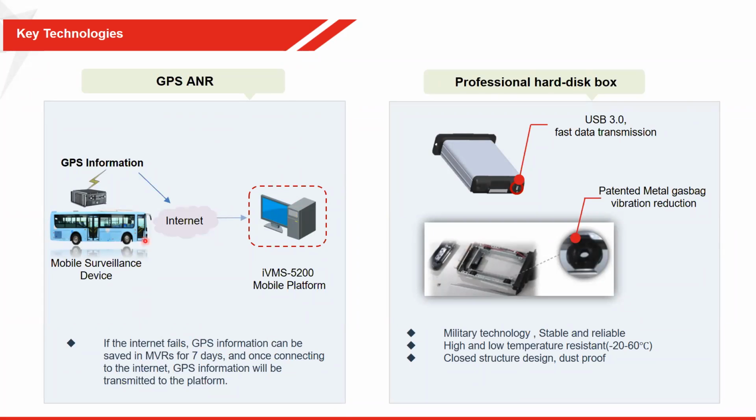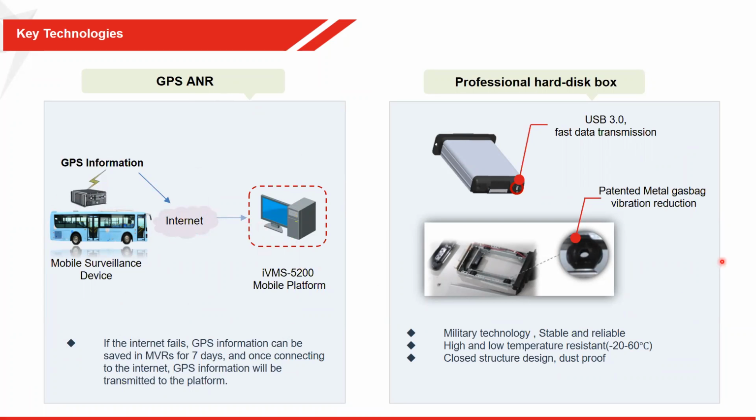For our GPS as well, we've got a GPS ANR, so that is an automatic network replenishment. So even if the GPS information does not get relayed into the software platform, the mobile NVR can hold this GPS information for 7 days, and then when it connects back again into the 3G, 4G network, it can then send all that information back to the software